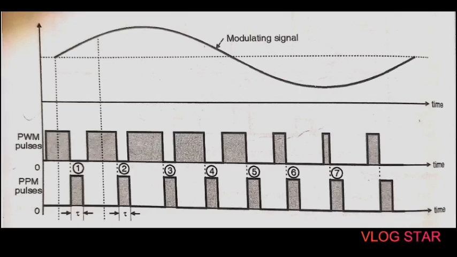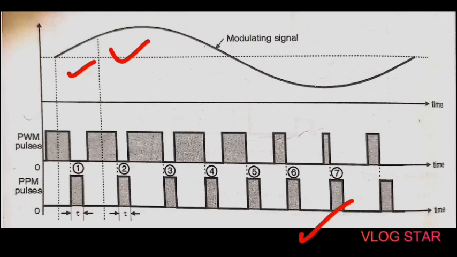So the PPM pulses can be derived from the PWM pulses, which can be shown in this figure. Note that with increase in the modulating voltage, the PPM pulses shift further with respect to the reference. So the vertical dotted lines drawn are treated as reference lines to measure the shift in position of PPM pulses. So these are the vertical dotted lines, which can be used for reference purposes. So the PPM pulses marked 1, 2 and 3 go away from their respective reference lines. That means this corresponds to the increase in the modulating signal amplitude.